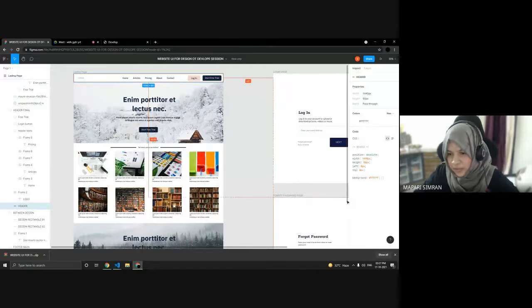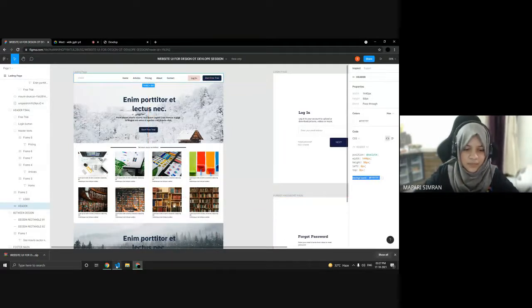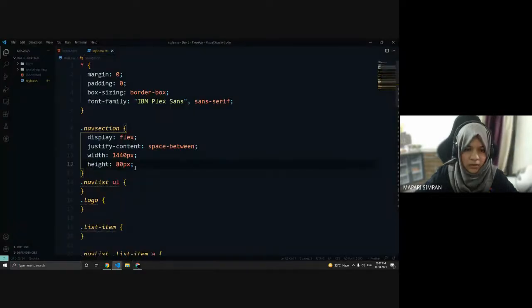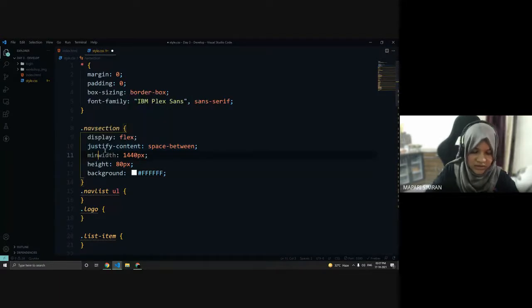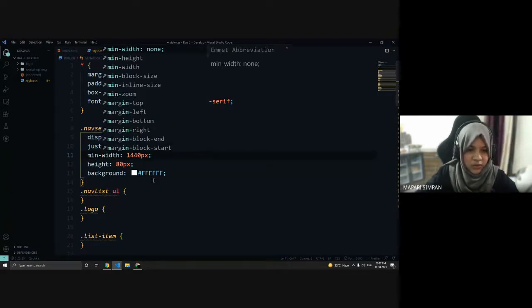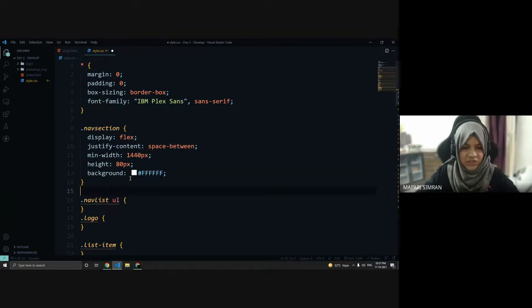And let's copy this background color also, Control C and Control V. I'll keep this as minimum width so that it takes the whole of my laptop screen. And this is our nav section.